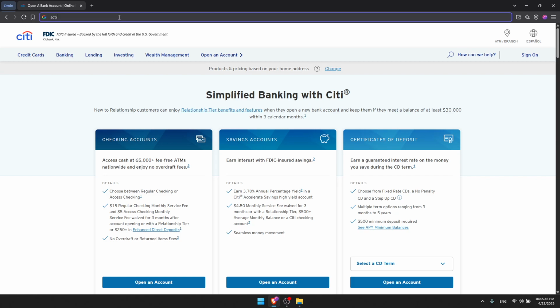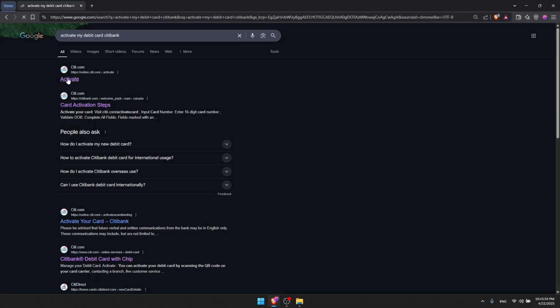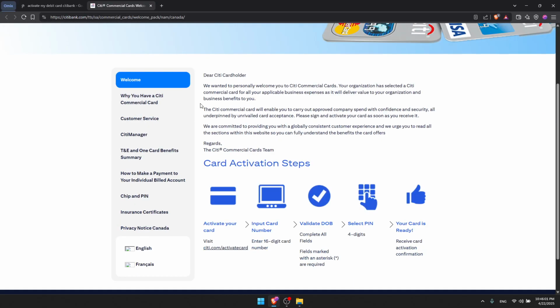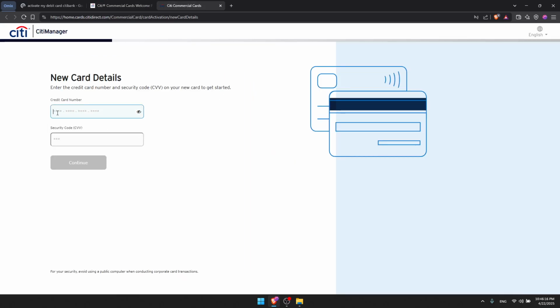All you need to do is go again to this URL section and type activate my debit card at Citibank, hit the enter button, and as you can see, you'll find here activate, where you can activate your card. And if you need more steps, as an example, there are more steps here. For example, they will show you the activation process. So first you'll have to activate your card, input the card number, validate the DOB, select the PIN, and your card will be ready. So you can click on this link, which is citi.com/activatecard, and here you'll have to